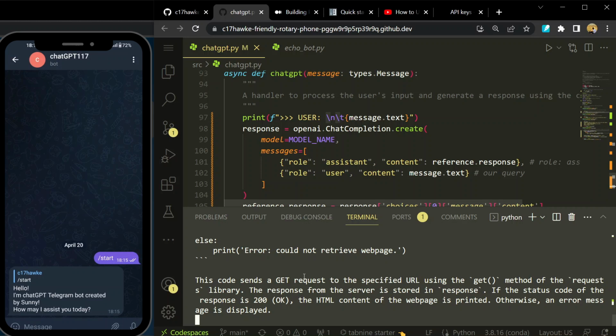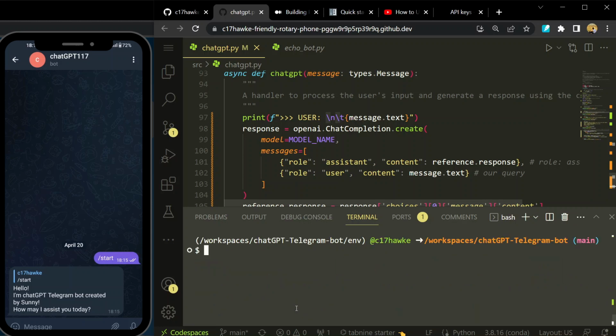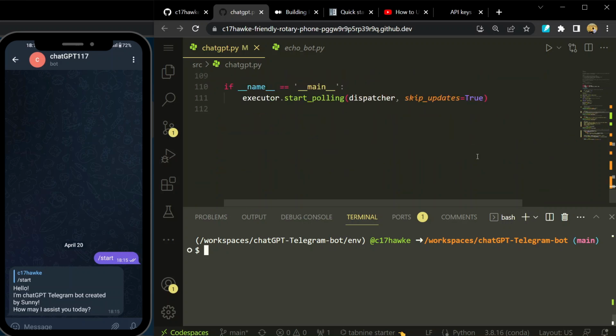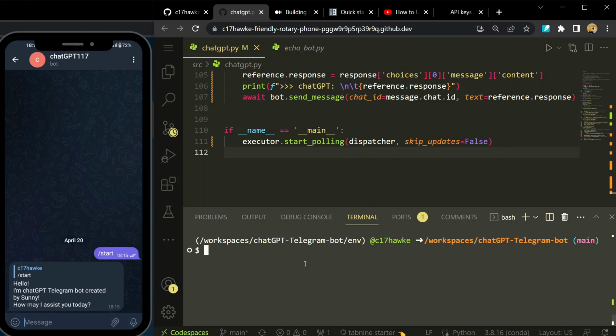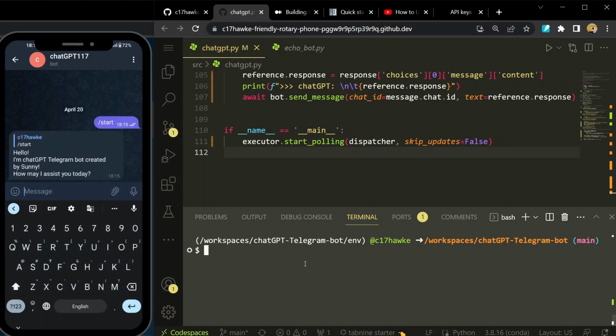So the same thing. Now let me again stop this bot here, and let me show you what happens if I play with this skip updates. Let me put it as, let's say, false. And if I say in my chat bar that I want to know about machine learning,